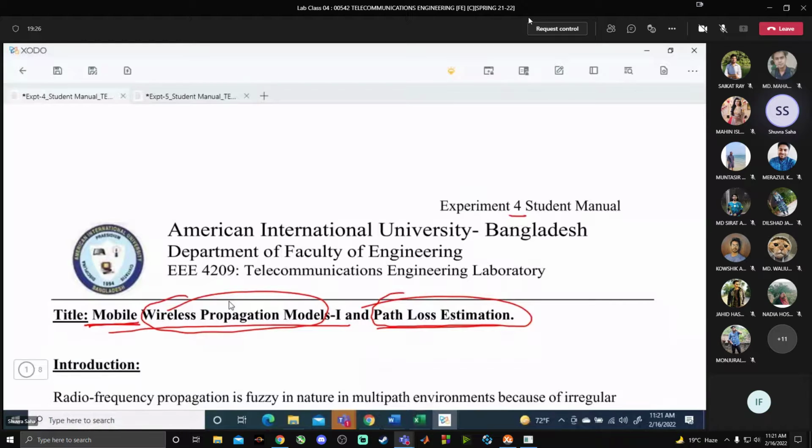In theory, we didn't start mobile wireless propagation, but it is a separate topic. This topic is not covered in theory. We cover it in the lab itself. This is a part of your course content, so this part will only be covered in the labs, not in the theory. So